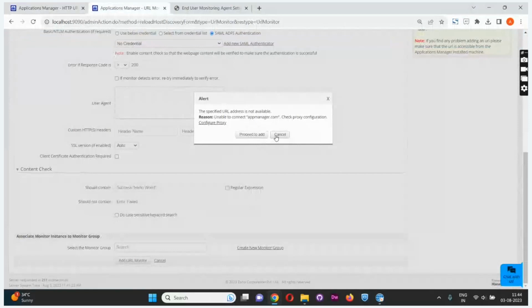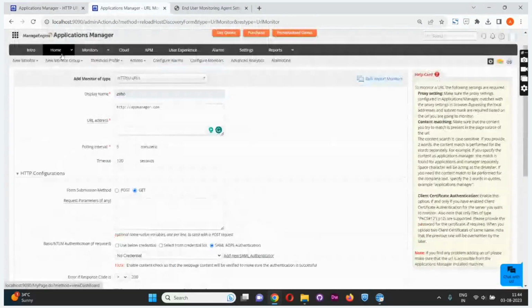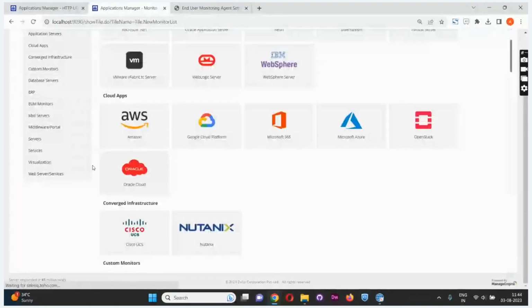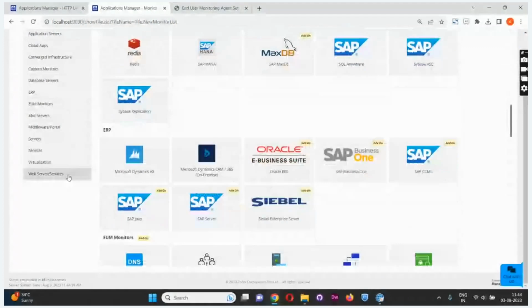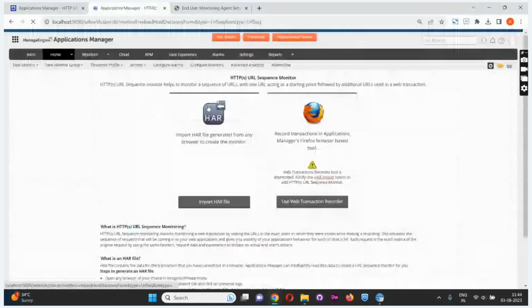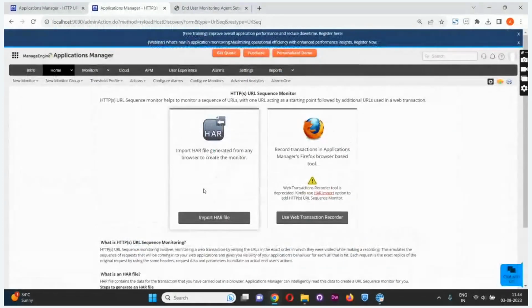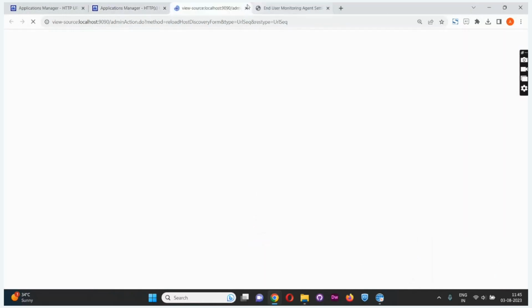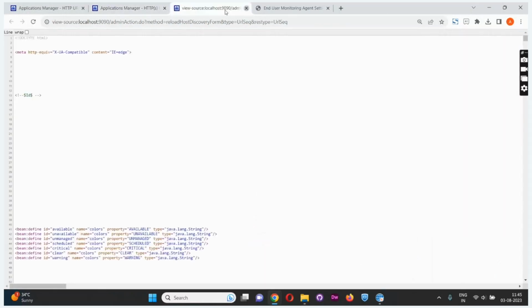In order to add an HTTP URL sequence, go to New Monitor, Add New Monitor, and under Add New Monitor, click on HTTP URL Sequence. Here you can either import a HAR file or use a web transaction recorder. In order to generate a HAR file, it's pretty simple. You just need to click on inspect,